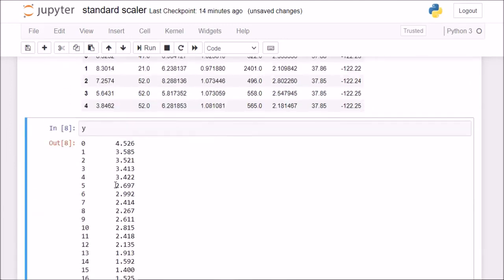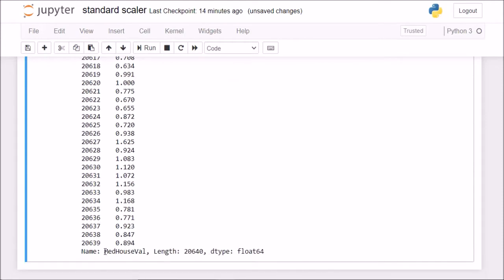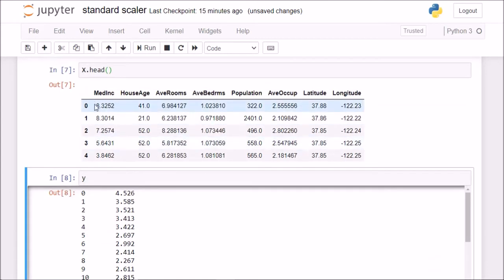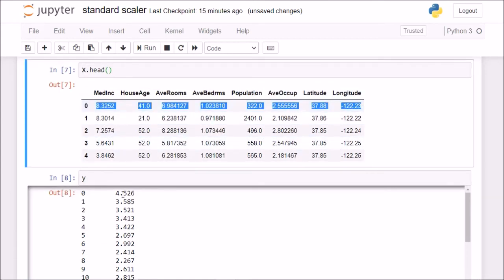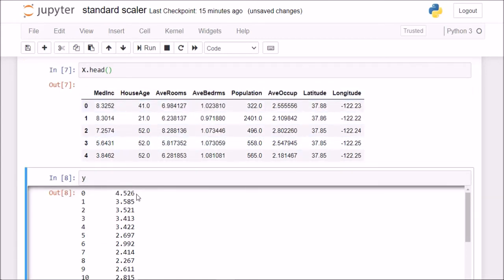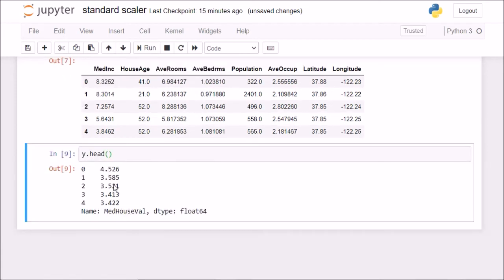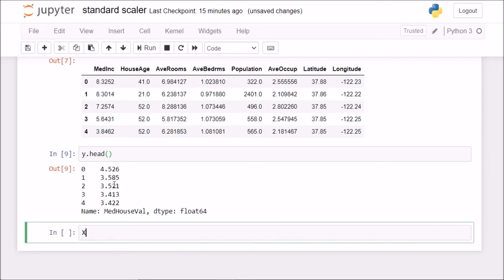Now what is my y, my target value? If I check below, it tells me that it is a median house value in each particular block. Okay, for the first block these were the attributes and this was the median house value in that block. So this is my y, and now I'll first check out the descriptive statistics of this data set. So I'll do simply x dot describe.